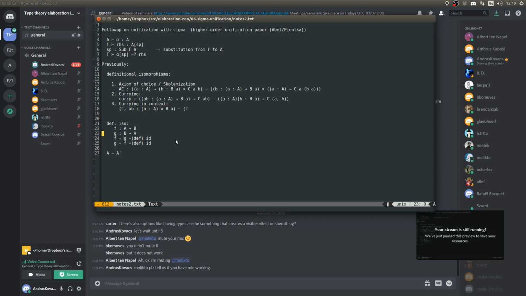Okay, so let's continue. So I was talking about this context currying. In context currying, if we have a sigma in a context, we can convert it into a twice extended context. So I can have an A and then a B in B of A. And then the higher order unification paper. What the higher order unification paper does is that whenever I have a problem which consists of all of these things, we can instead just do